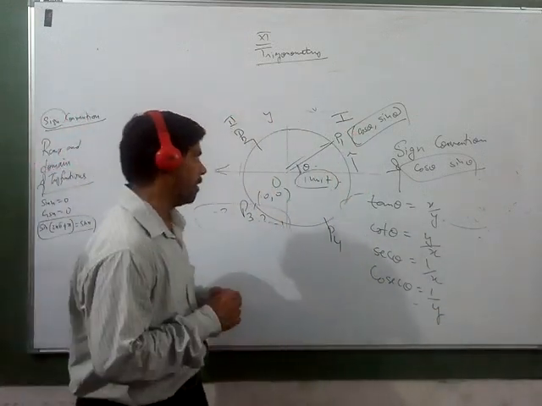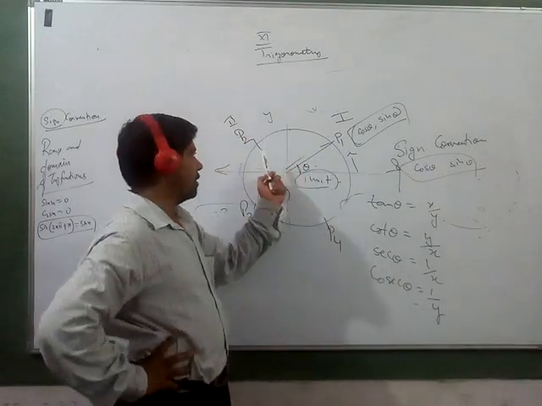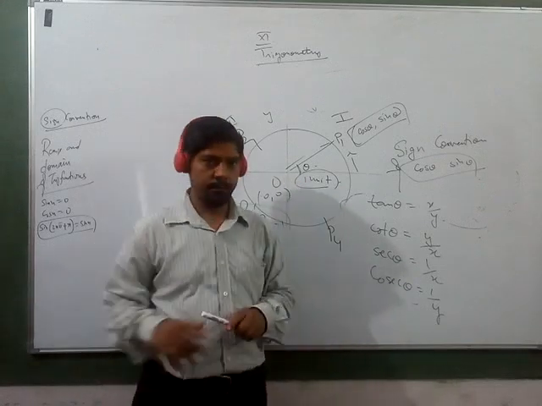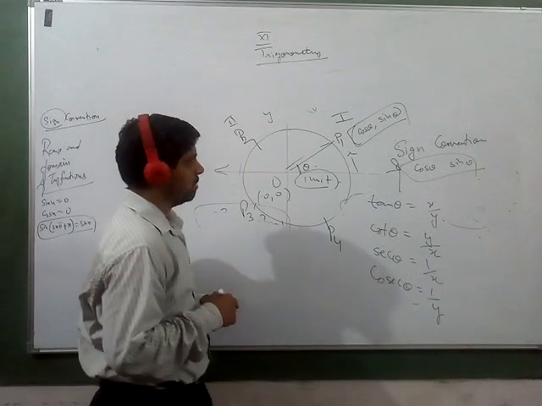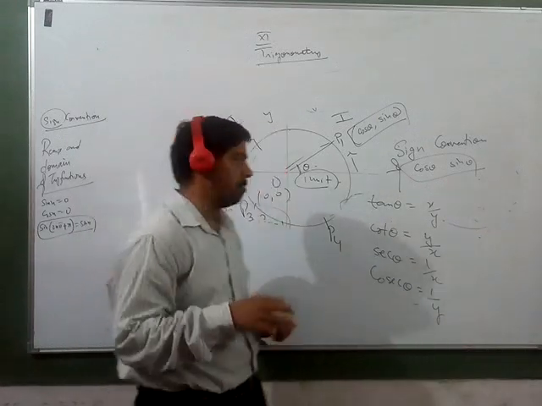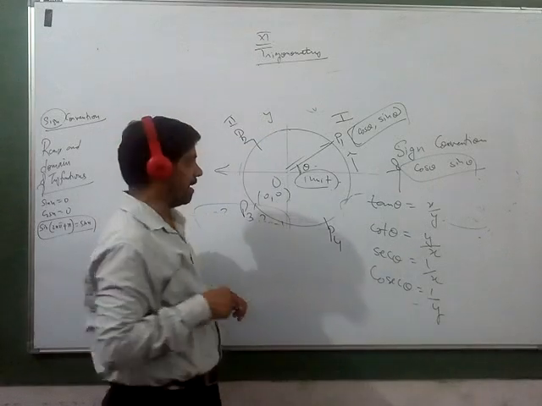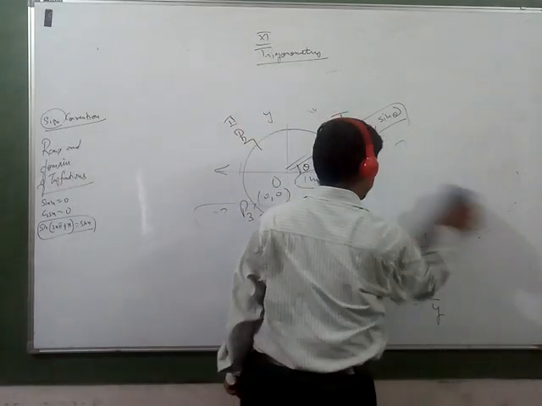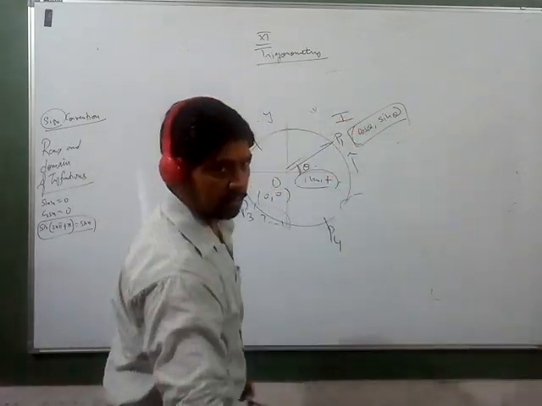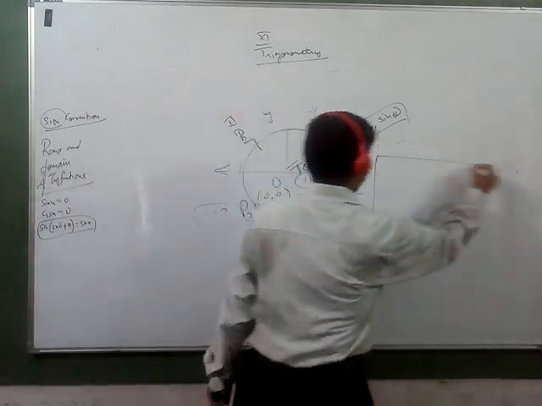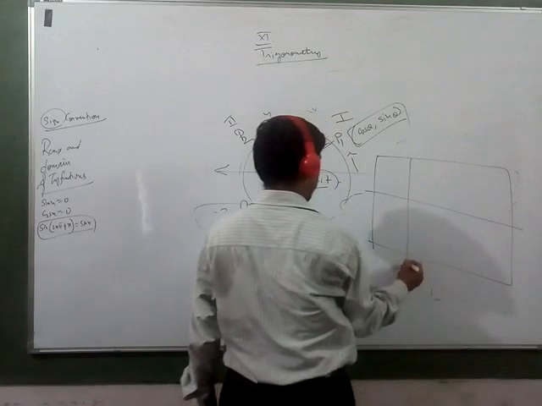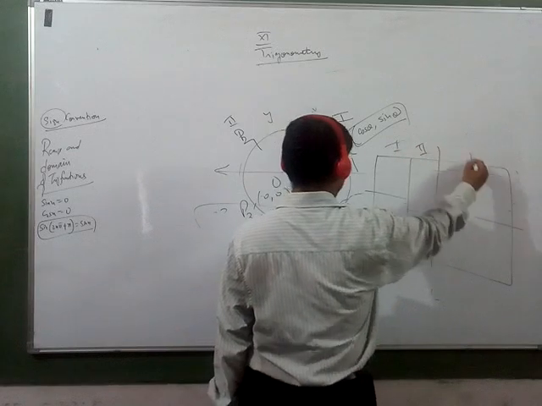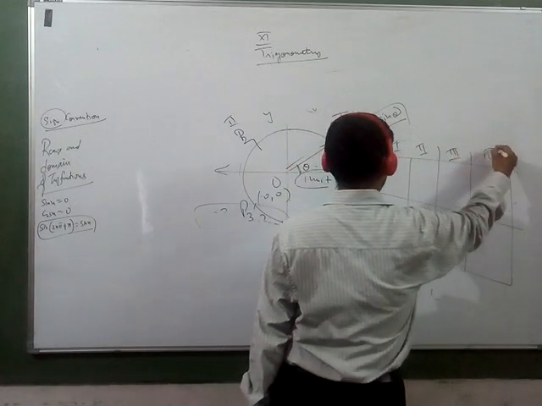Now let us look at the sign. What happens when θ comes in the first quadrant, second quadrant, third quadrant, and fourth quadrant? What is the meaning of θ coming in the first quadrant? That is, the angle, if you write in degrees, lies between 0 to 90. So if the angle is between 0 to 90, what will happen to the sign convention? This table you have to understand. I will write here sign convention for the first quadrant, second quadrant, third quadrant, and fourth quadrant.